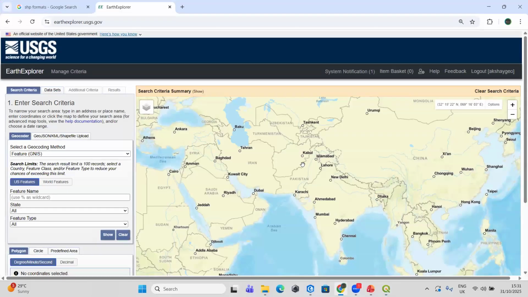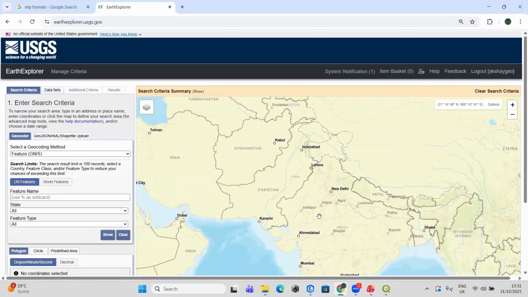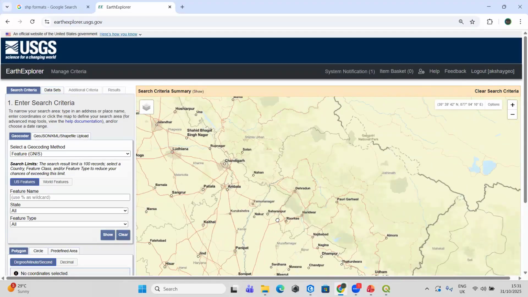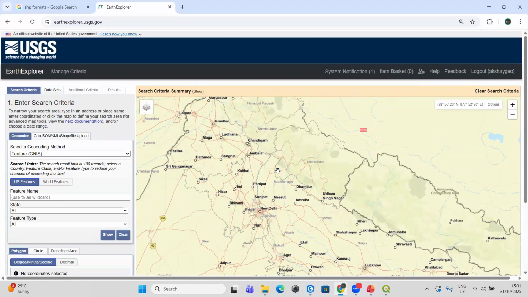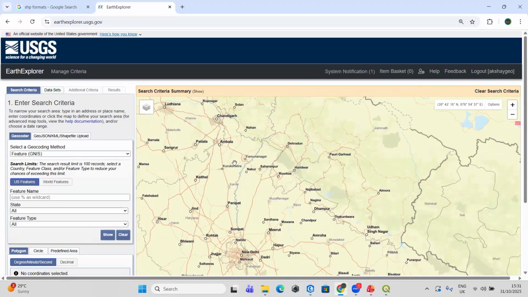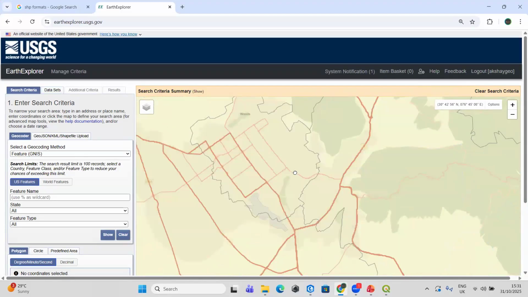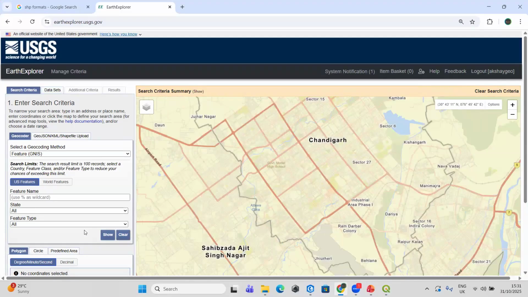So were you able to open it? Yes. Just log in and go to any area you feel like. Go select any area. For example, I will choose Chandigarh only. Go to any area. Just click